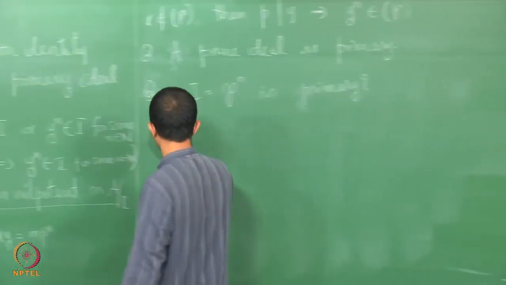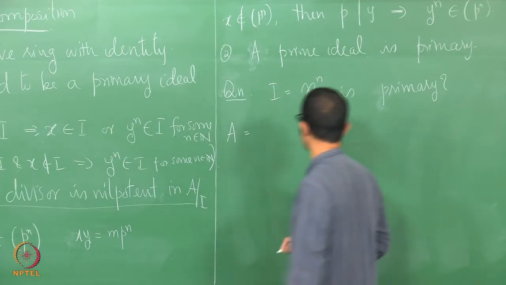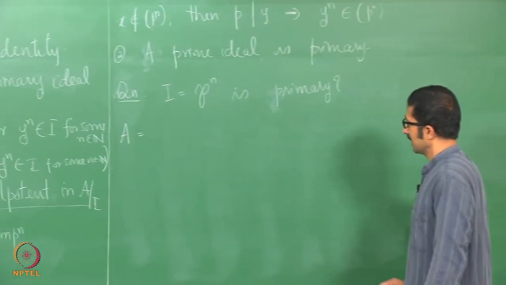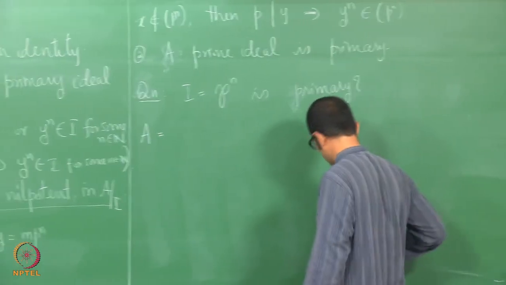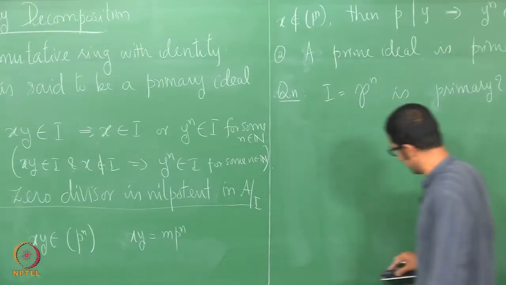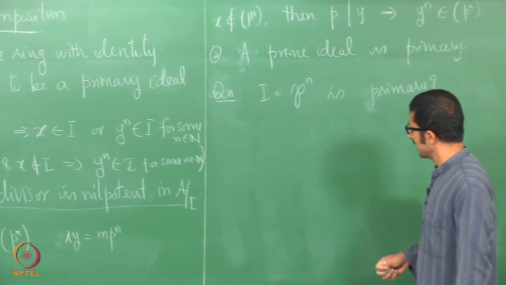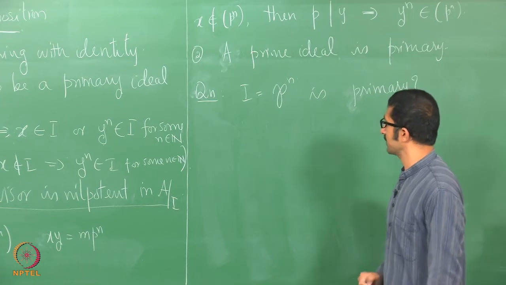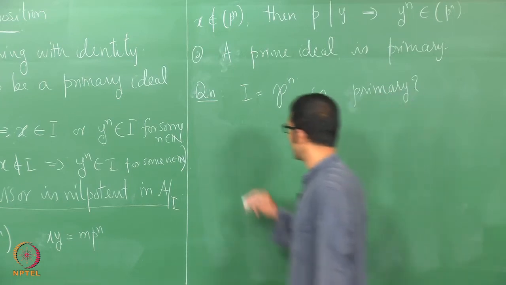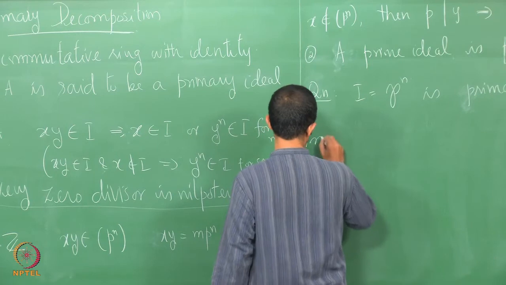There is an example which says that, I will come back to this. This question makes sense, I mean it is slightly more interesting after we prove one basic result,